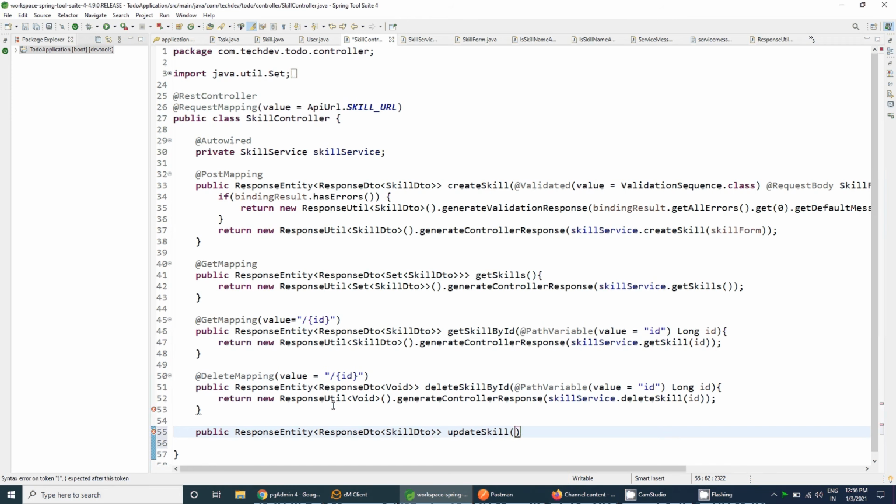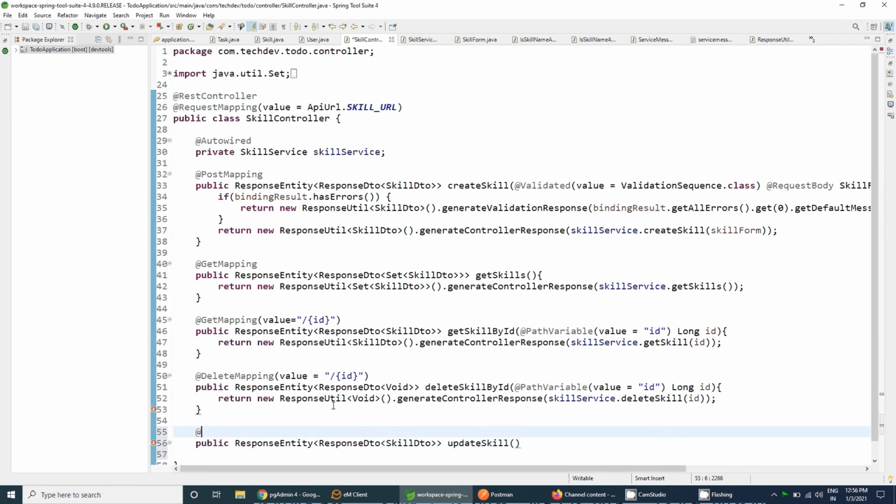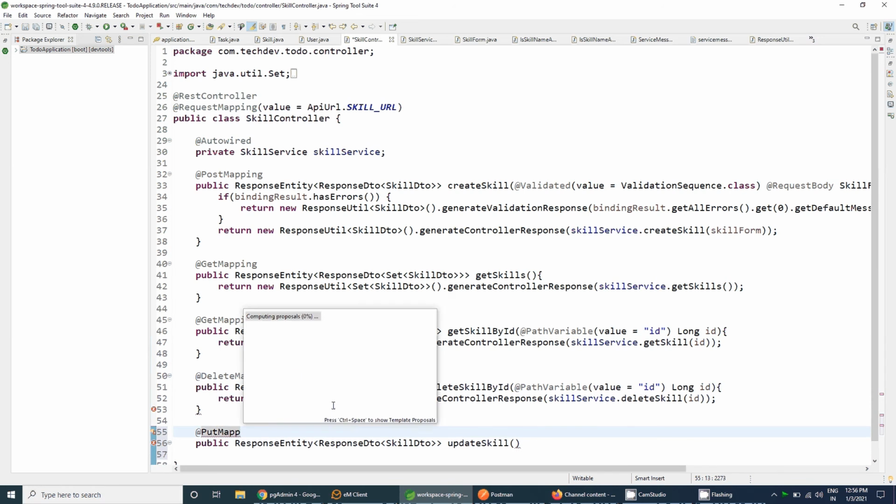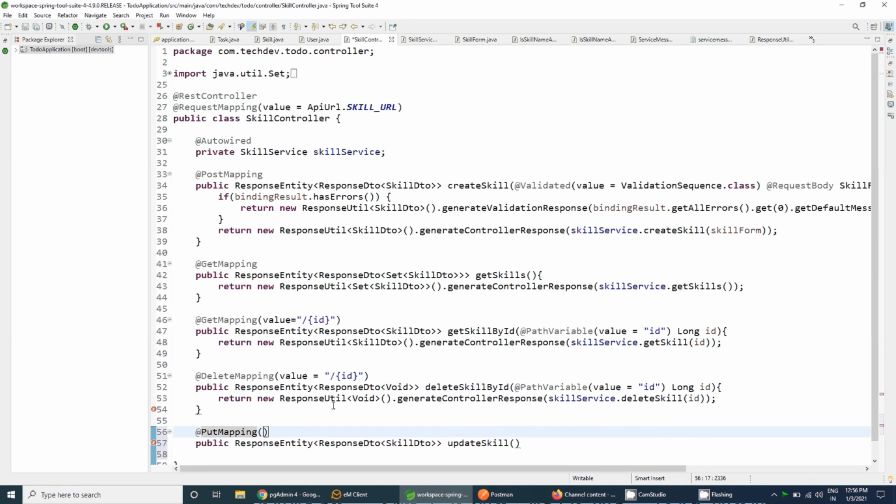in which first of all let me add @PutMapping, and inside the put mapping the value attribute will be there, and the value attribute will contain the ID as a path variable, and we will take the path variable here using the PathVariable annotation.